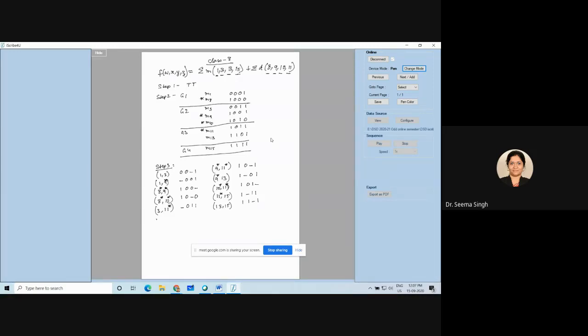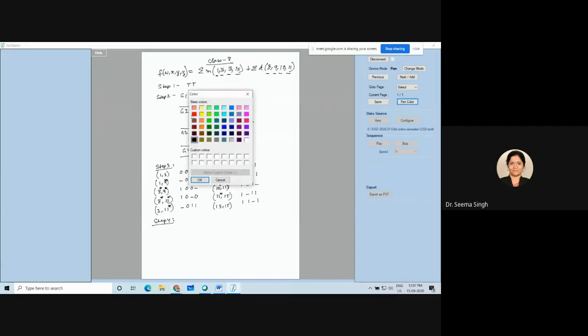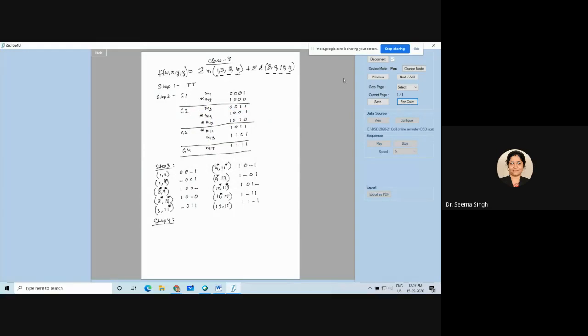Okay. Next comes step 4. Now what does step 4 say? Step 4 says I have to do further grouping based upon the location of dash. So now you people are grown up enough. I will not rewrite it again. You have to see it on your own. So I am showing it with the location of dash.